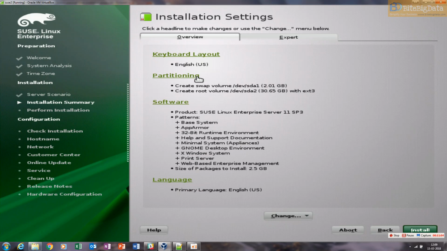For this installation, if you go by default, SUSE is going to recognize the hard disk by its ID, and that ID is very specific to every virtual image. So if you are creating 2 or 3 virtual images independently,